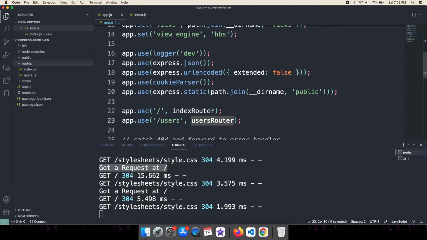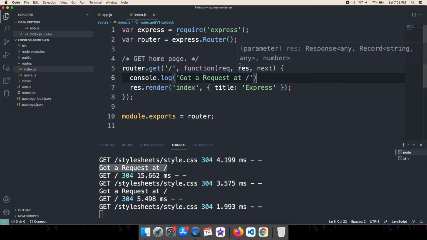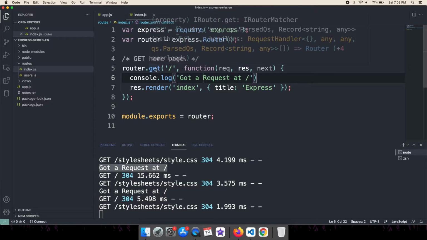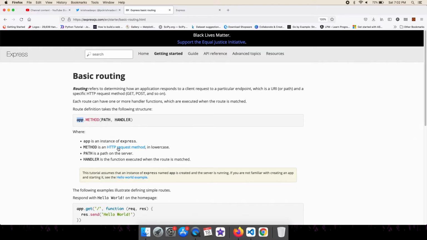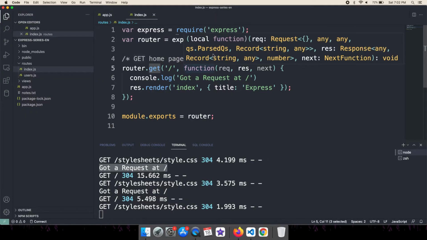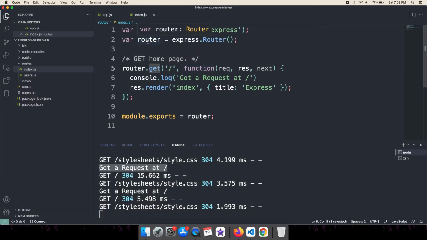Once the app gets a request to our slash path, and when you open index.js in the routes folder, you can see we have used the get method. The request method is the get kind of method, and we have imported the Express router here, because we have split the application into different folders.